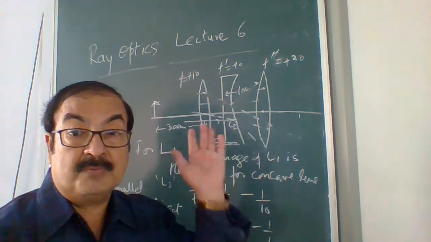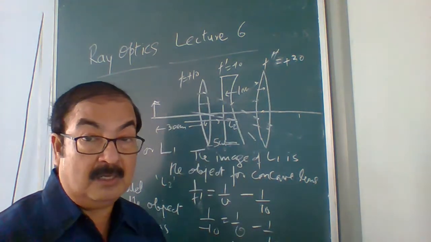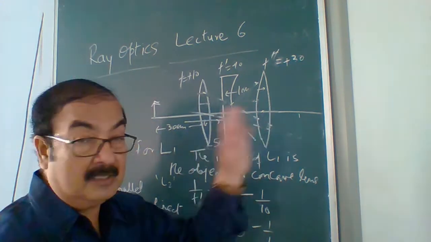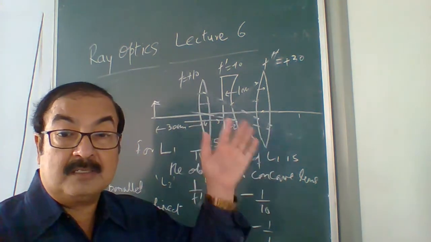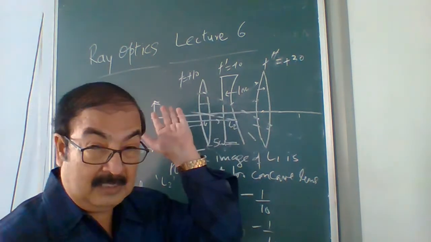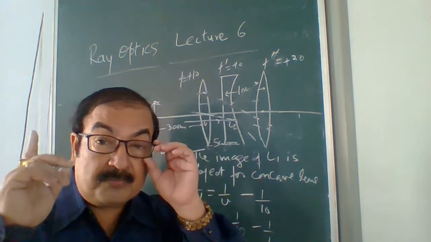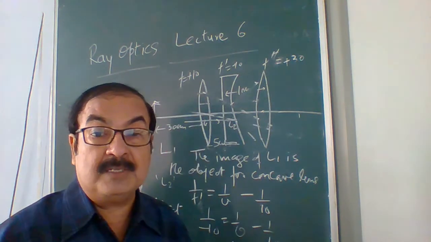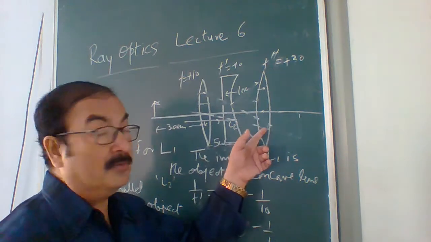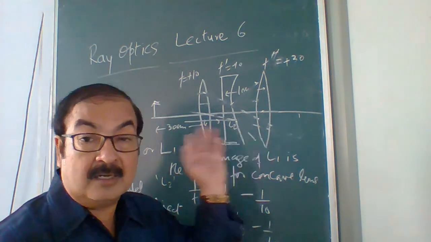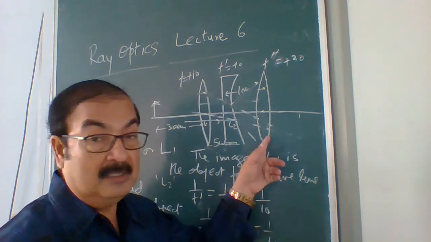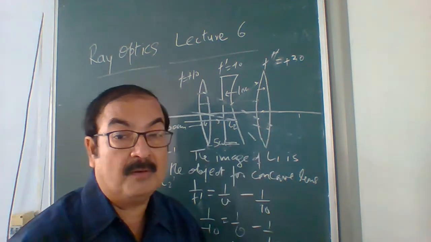Infinity मतलब रे को फिर से पैरेलल बना दे तो वो रियल ही हुआ. कॉन्केव लेंस कभी रियल इमेज बनाता नहीं है, इसलिए कहीं पर कोई फोकस नहीं दिखा रहा. But it is diverted in such a way that the diverted ray could meet at infinity. तो infinity से ray हमेशा रियली parallel आता है. That is why we have counted this for the third lens, and the third lens का final image जहाँ पे बनेगा, that is its focus, and that is your 30 centimeter from this lens.